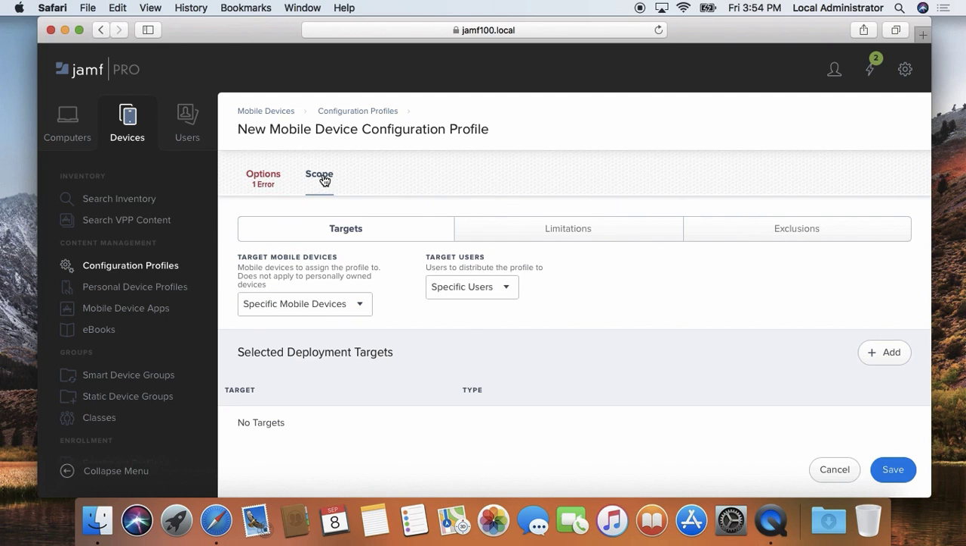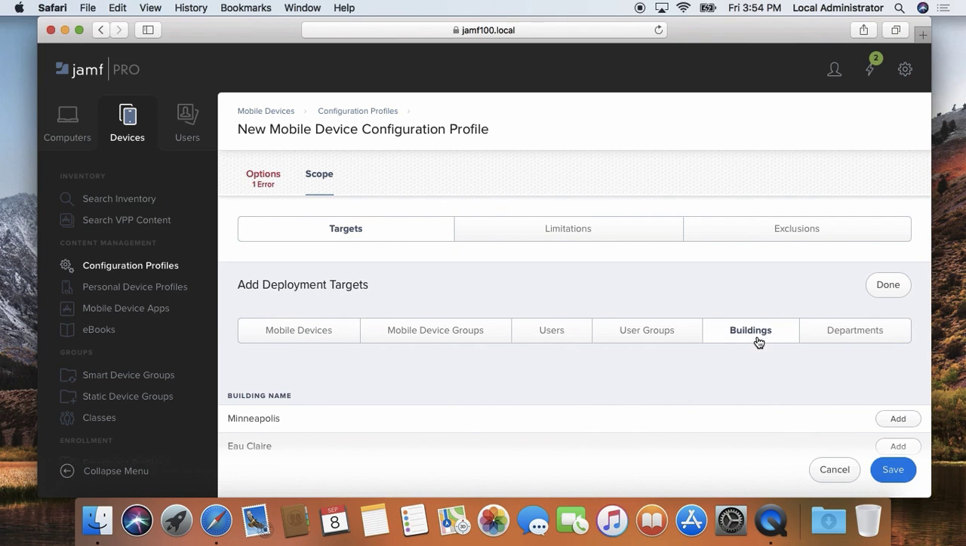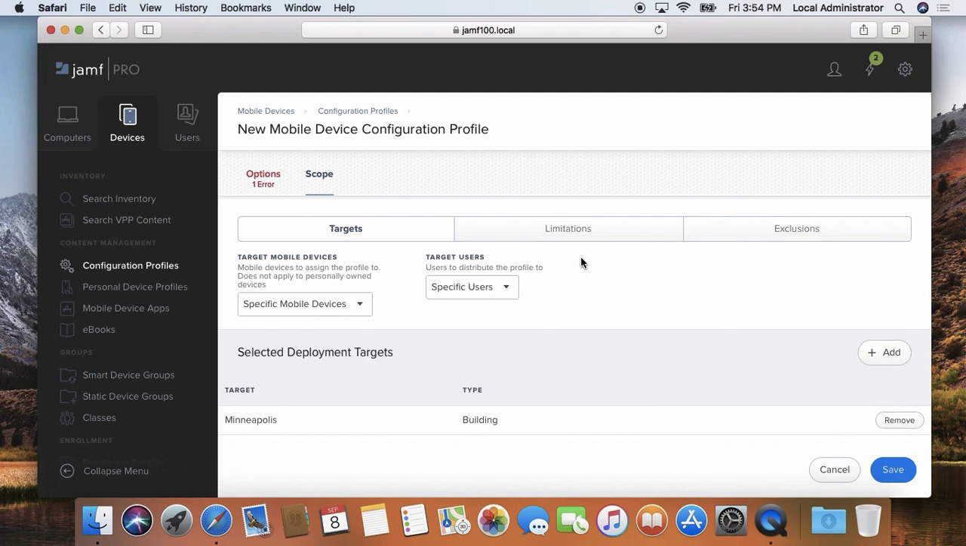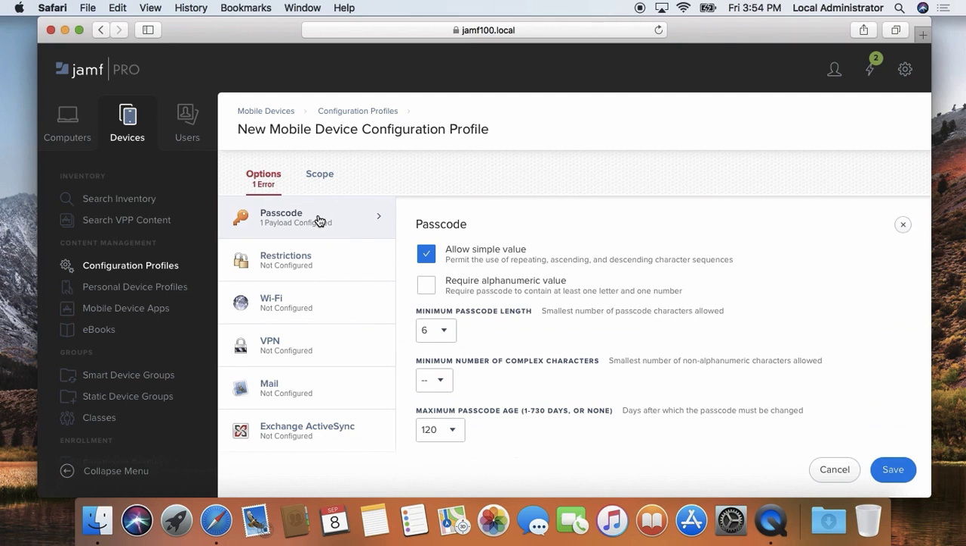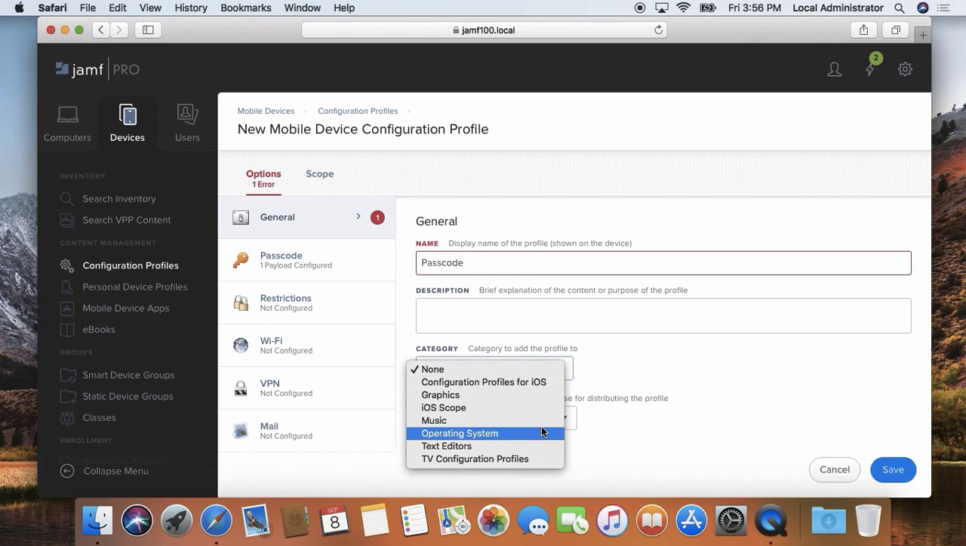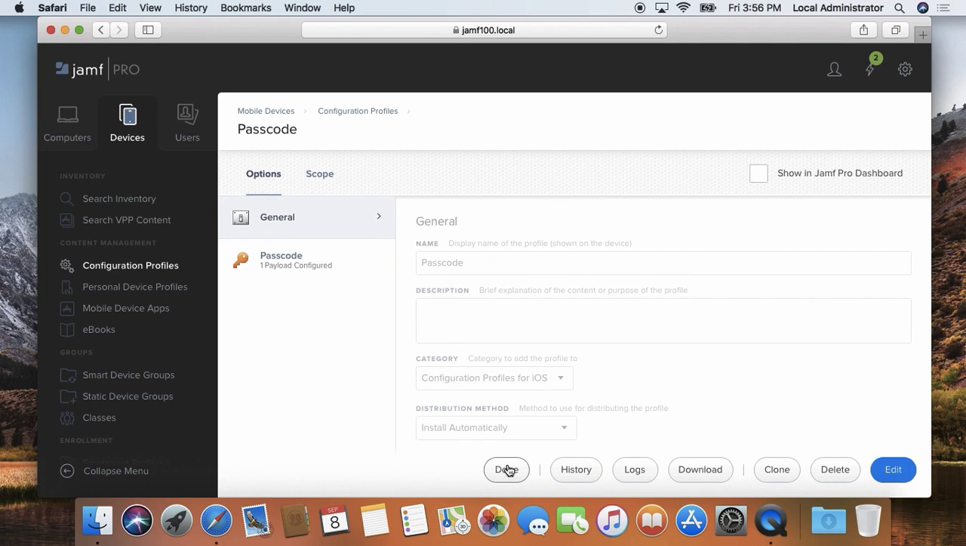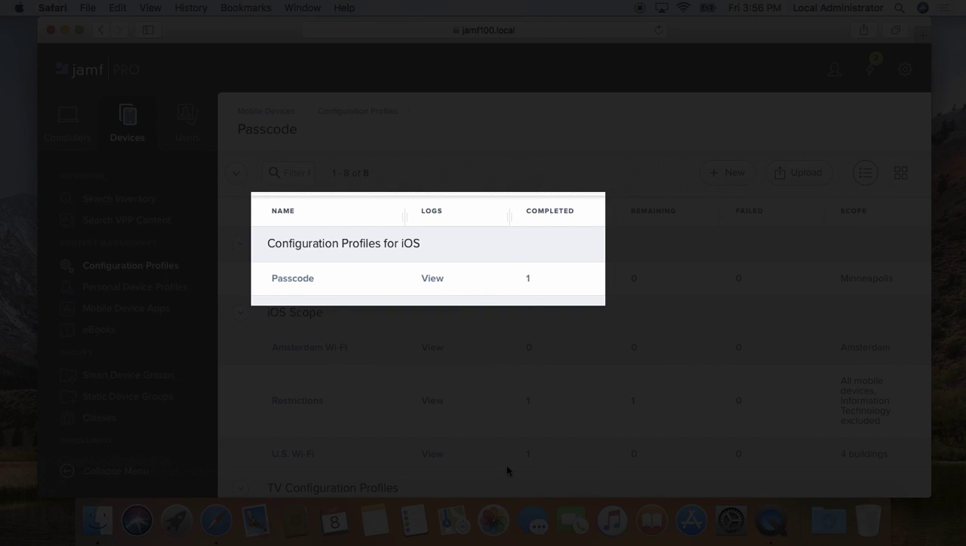Click Scope, and we're going to deploy this to devices specifically in the Minneapolis building, so we'll leave specific mobile devices selected, and click Add to add a target. Click Buildings, add Minneapolis, and lastly, we just need to name this profile. And then I can assign this to a category to keep organized. Then click Save, and if we click Done, we can see this is completed on one mobile device, which is